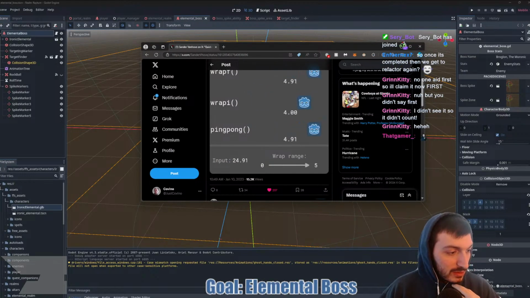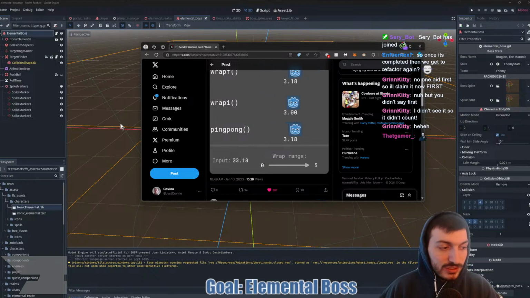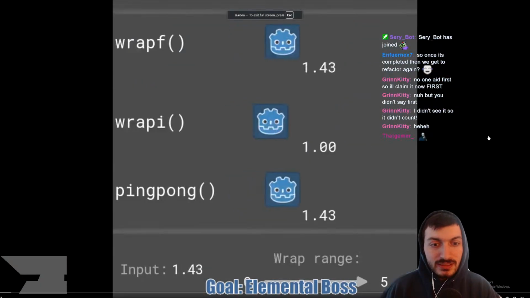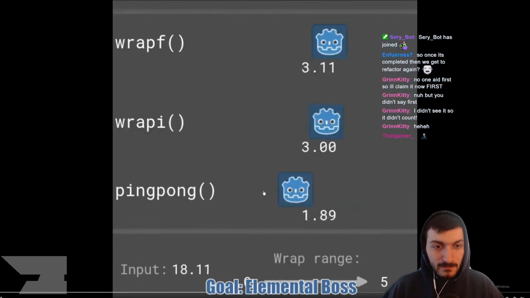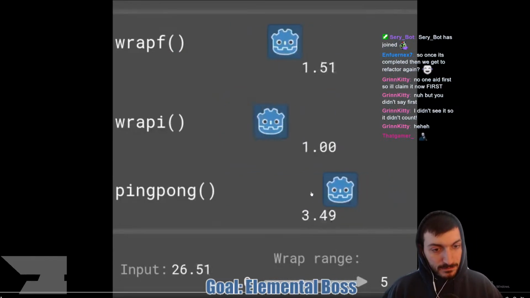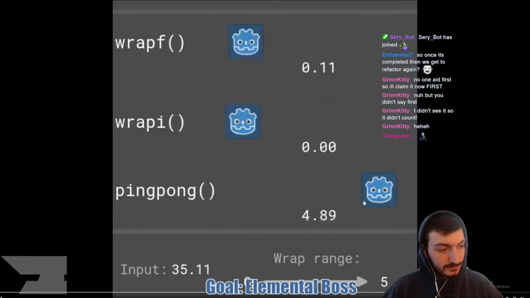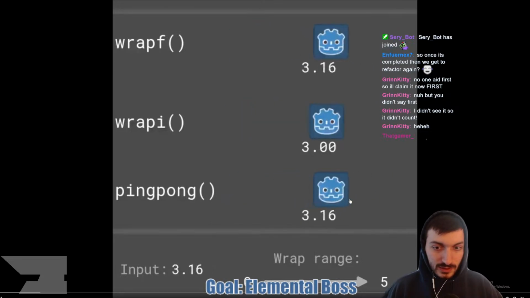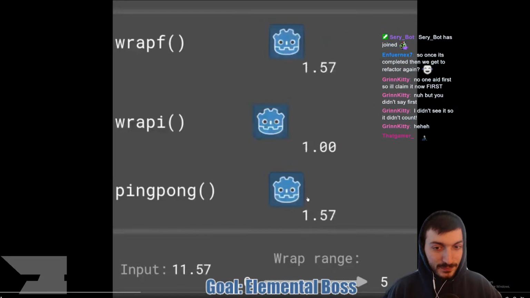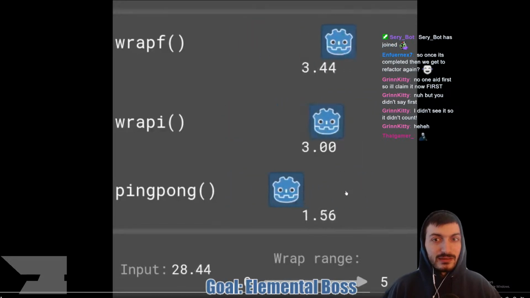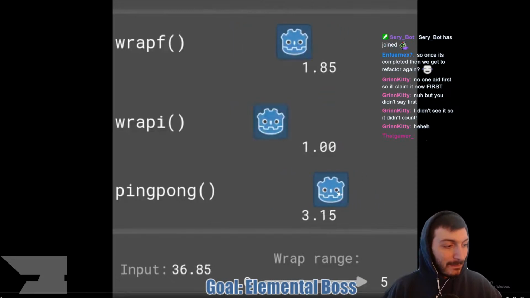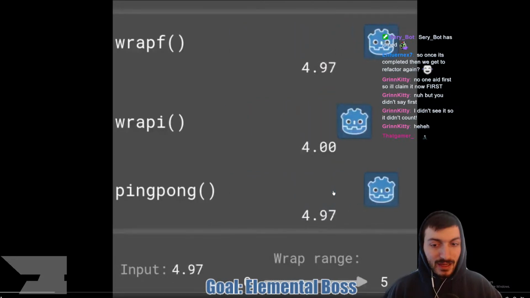Look at this. There's a ping pong function. Isn't that awesome? I had no idea. I don't know if it's useful.